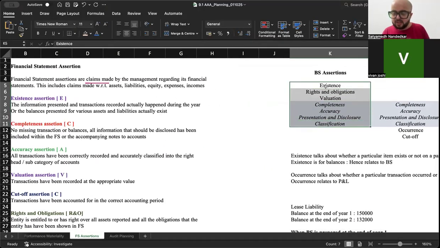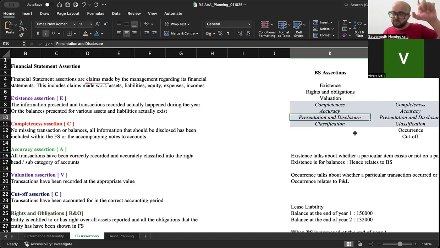तो ये जो पांच नहीं सॉरी, these seven assertions, these are आपका बैलेंस शीट रिलेटेड assertions। Existence which says that a particular item exists in the financial statements, जो लिखा है वो एक्चुअली है। राइट्स मतलब उस पे मेरा हक है, इट इज रजिस्टर्ड इन माय नेम। ऑब्लिगेशंस मतलब इट इज माय बर्डन टू पे, आई एम एक्सेप्टिंग दैट repaying this loan is my burden। Valuation is the amount at which you are showing the item in the financials। Completeness assertion means सारे transactions have been included, कुछ भी छूटा नहीं है। Accuracy means value correct है, classification correct है, सब ब्रेकअप सब करेक्ट है। देन प्रेजेंटेशन एंड डिस्क्लोजर, फेस ऑफ द फाइनेंशियल स्टेटमेंट्स में जो इंफॉर्मेशन देना था, एंड additional information to help a better understanding of that data that has happened as per the Companies Act and the accounting standards।